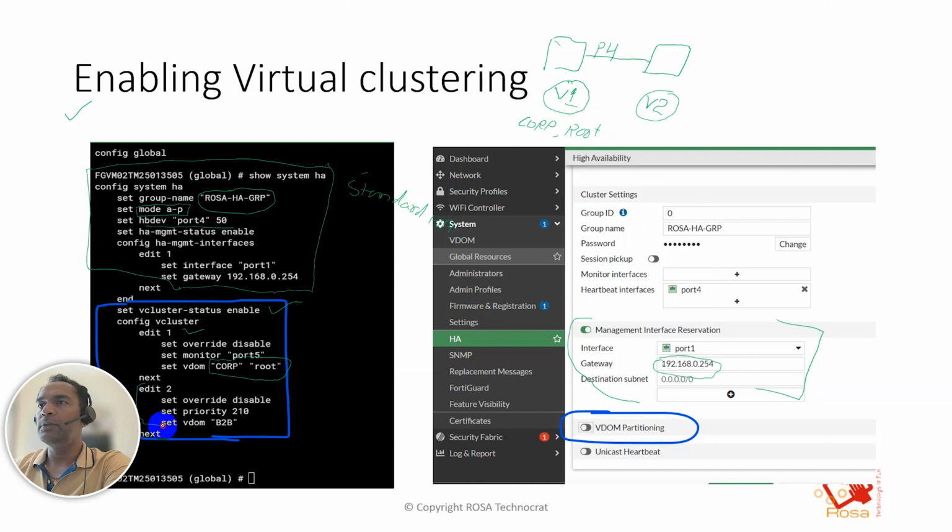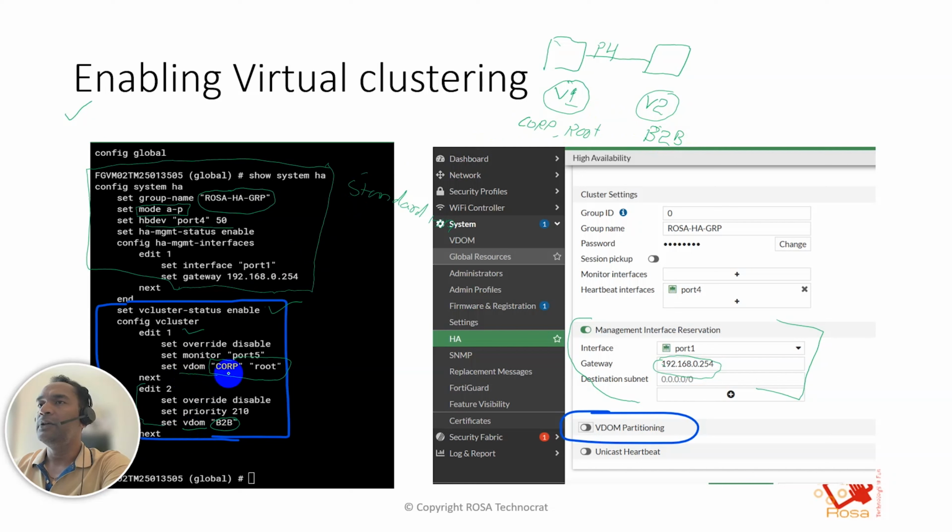Added to virtual cluster 2, I have a VDOM B2B. This is B2B, my business or any other VDOM here. So my corporate, my route management, my back-to-back connectivity or back-to-back VDOM, something to my office network, I just gave this name. Now, when you are under this virtual clustering, you define the VDOM, set VDOM, set VDOM.